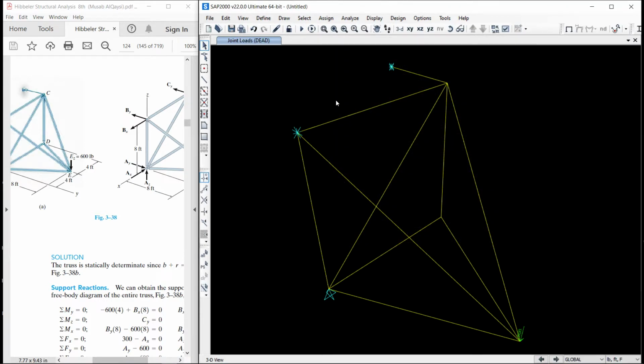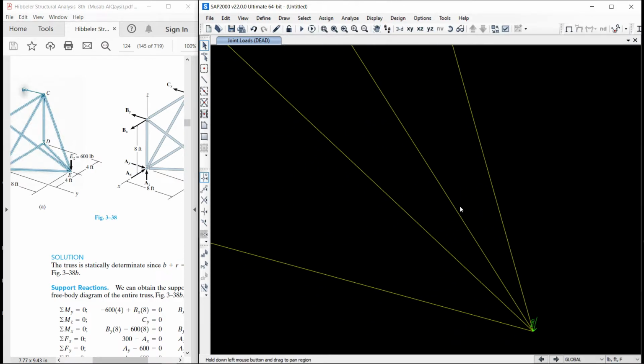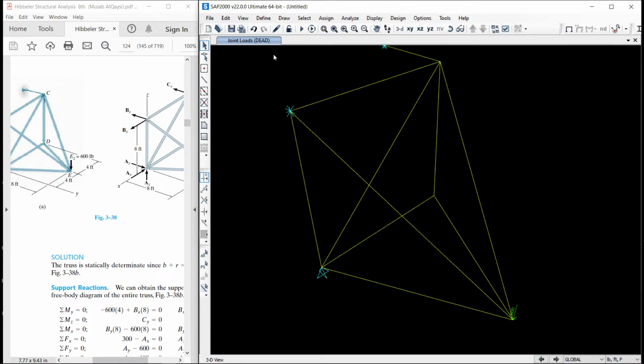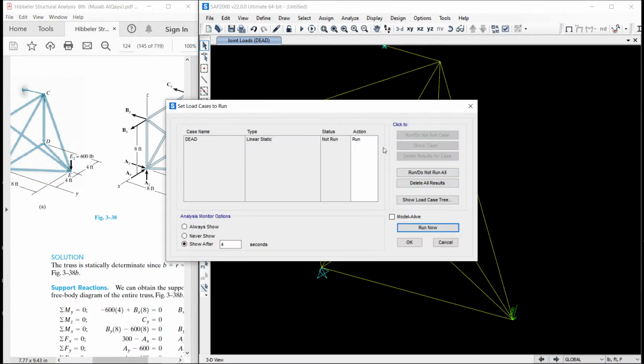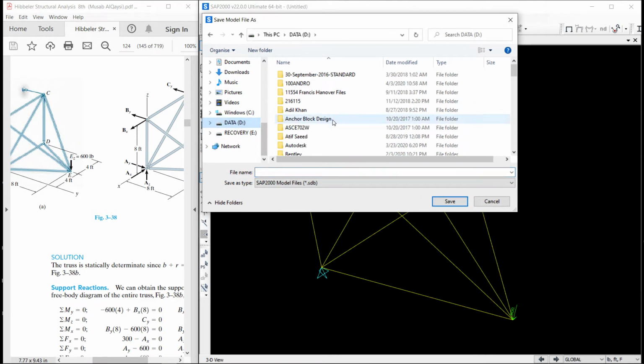Okay, so here is the force applied, 600 pounds. Now we can analyze. Okay, we should save this model first.